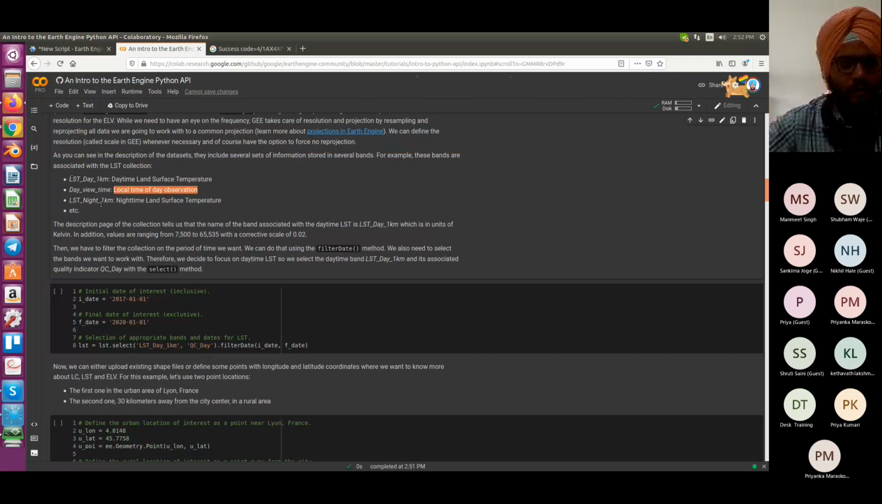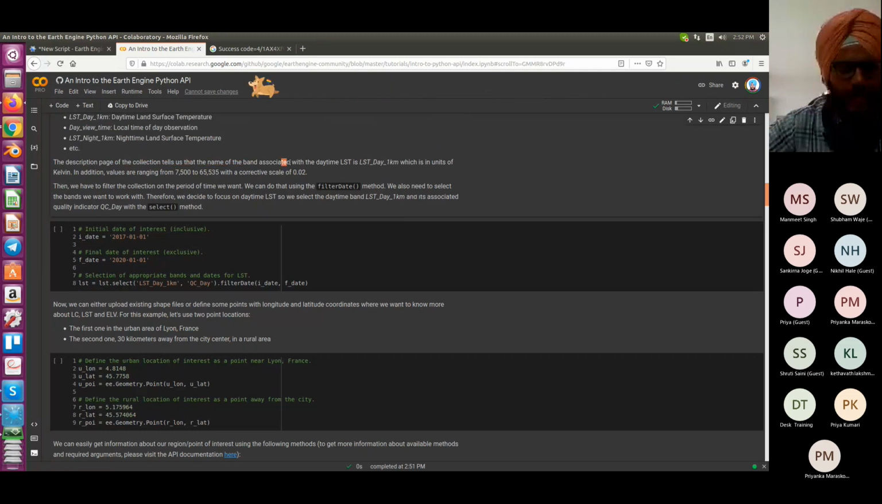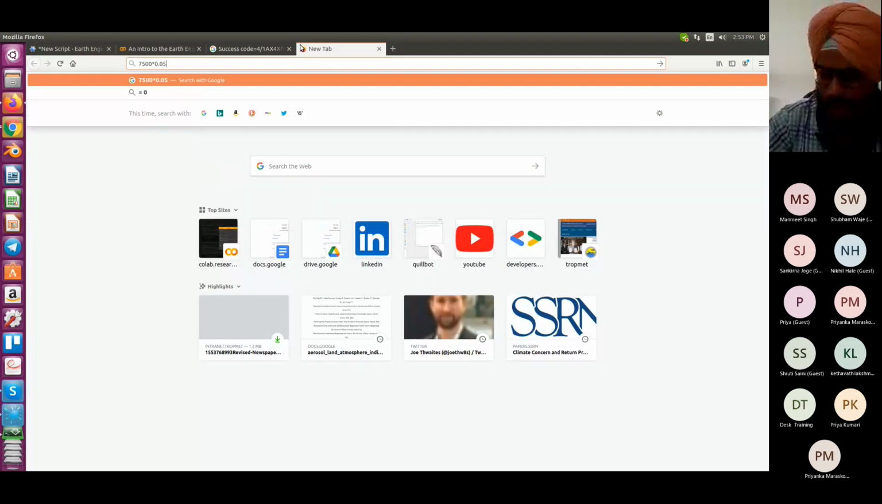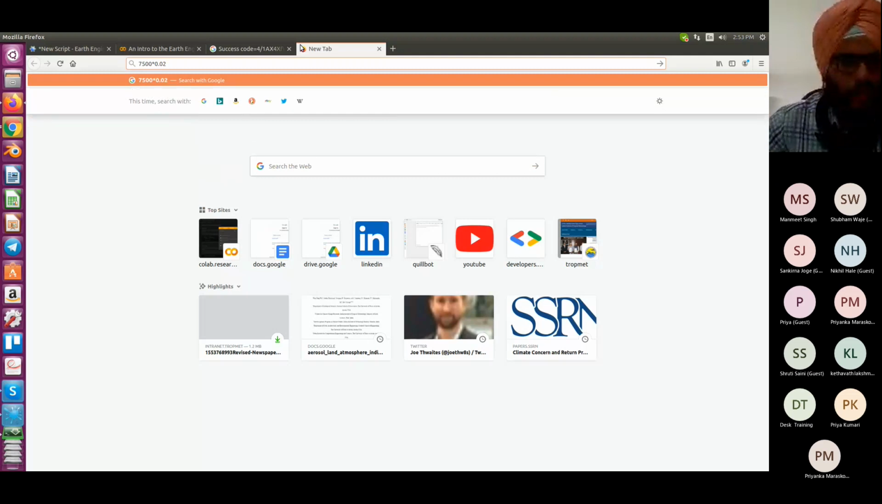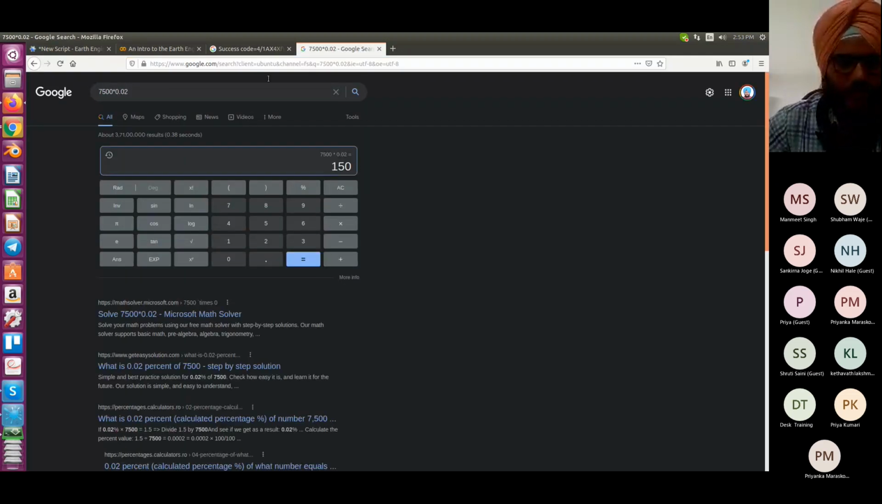The description page of the collection tells us that the name of the band associated with the daytime LST is LST day 1 kilometer, which is in units of Kelvin, and in addition, values ranging from 7500 to 65535 with a corrective scale of 0.02. So sometimes the values might be scaled with a particular scale. For example, the land surface temperature values are scaled with 0.02. So if you multiply 7500 with 0.02, it comes to 150. So from 150 Kelvin to